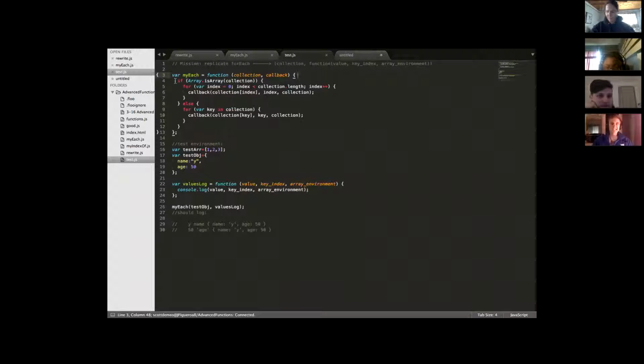And if it was true, we iterate through our collection, and we invoke our callback function and pass it our current value at our collection index, our index number, and our collection array. So if our collection was not an array, assuming that it was an object, we executed